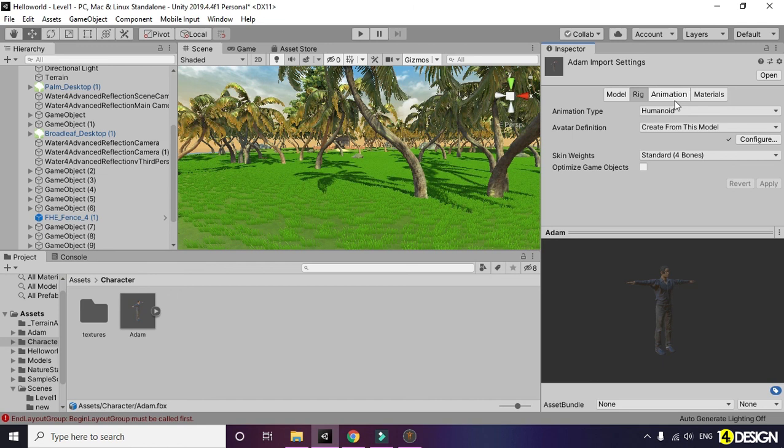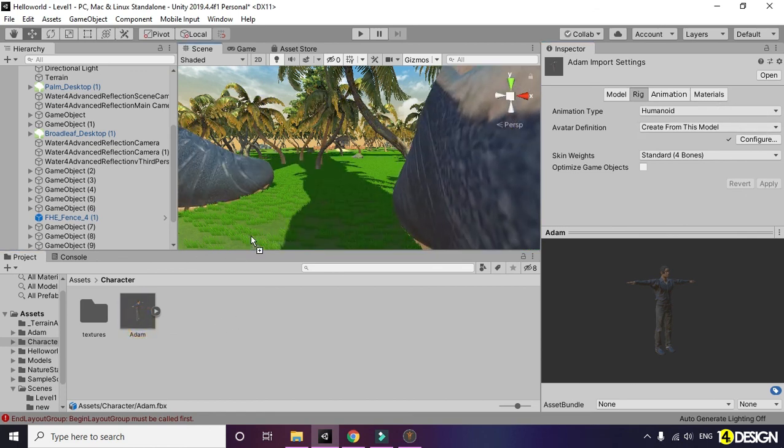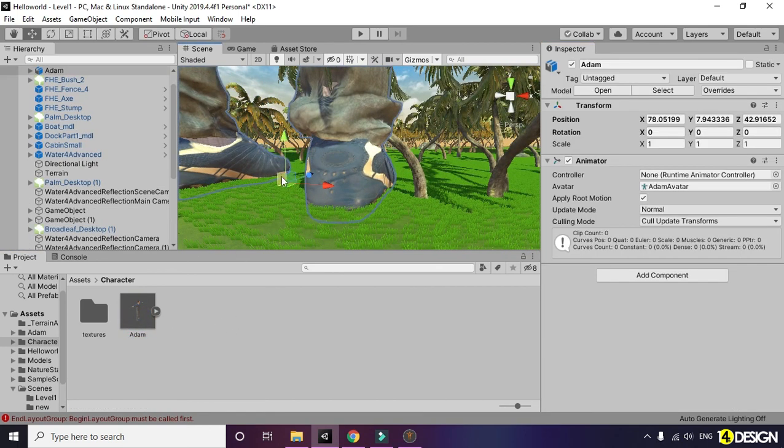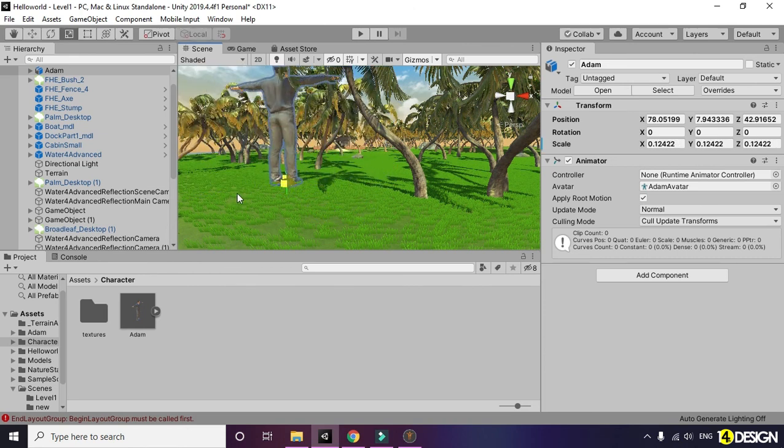Don't worry, we're gonna use a free plugin for that. Let's first import our character and see if it's looking fine. It's too big. Let's scale it down.